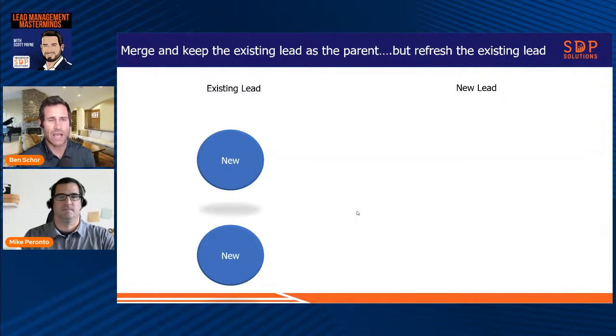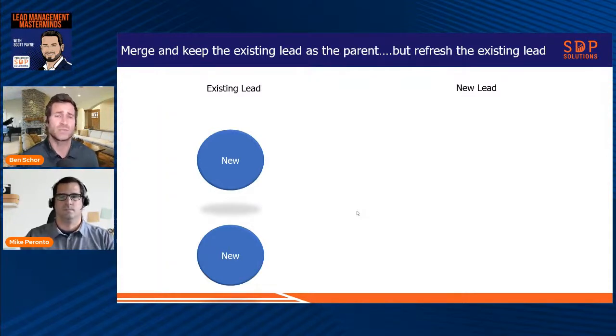Yeah, and the way I always try to think about it is I say to customers we work with, hey, when you're trying to figure out what you want to do here, forget Velocify for a second. Forget the system. Pretend someone hands you a piece of paper with a new lead. What would you want to do with it, knowing what's going on with the existing lead? And that's one of the cool things that Velocify does allow you to do, which can be somewhat hard to configure properly. Again, this is where we can be there to help.